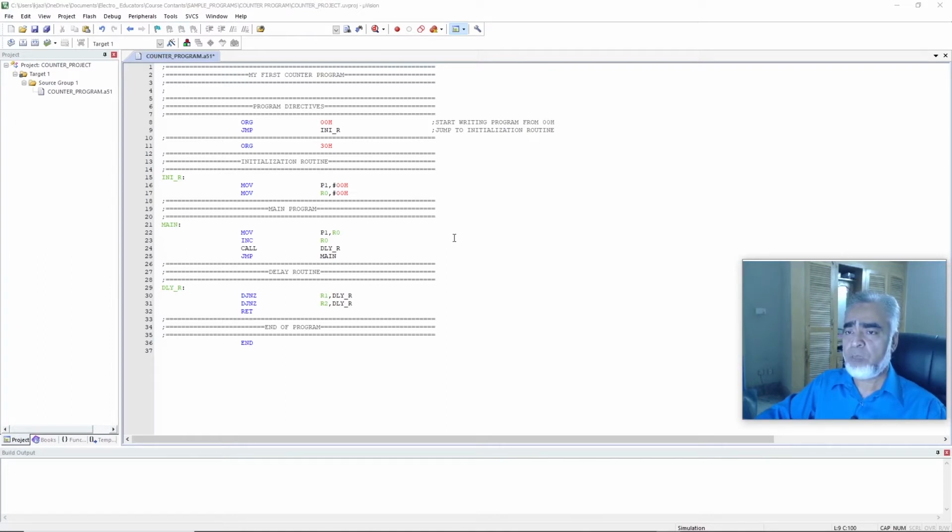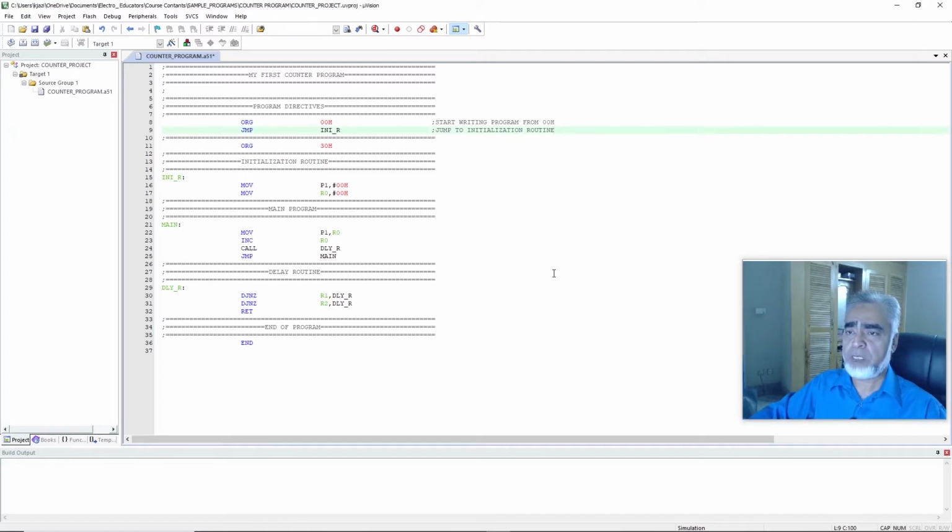The microcontroller will read the whole program from the ROM location, and we cannot modify the program in ROM during our project execution. Before starting our project, we download our program into the ROM once, and then we power up the circuit, and the microcontroller will read this program and execute the instructions which we have written. The first instruction, ORG 00H, is an instruction for the compiler to write the program from 00H, and we'll see from which location the compiler has written this program. For this, we'll open the hex file which we have generated from this program.